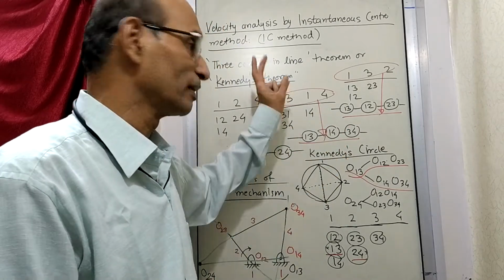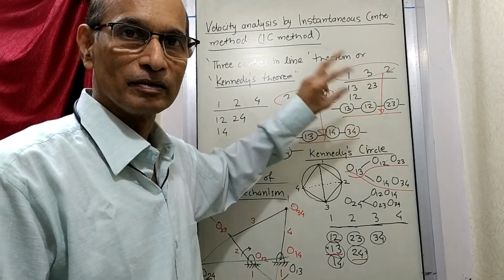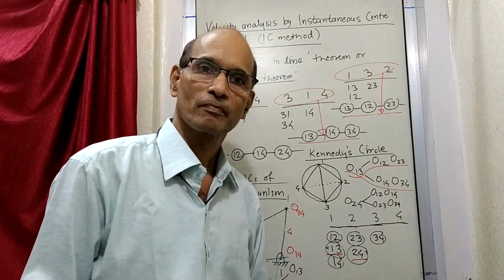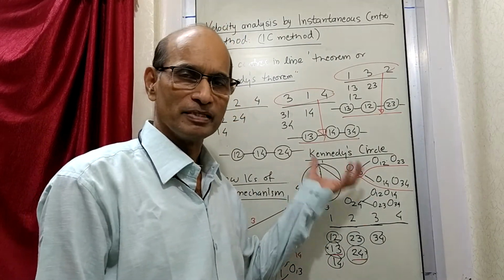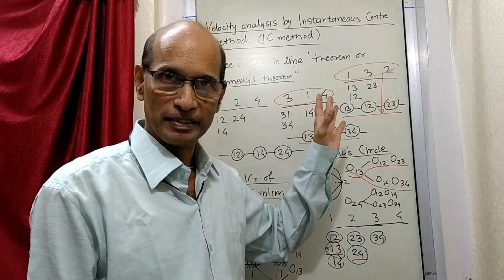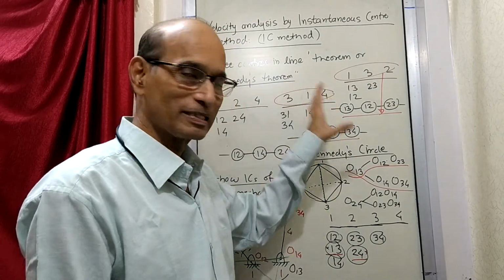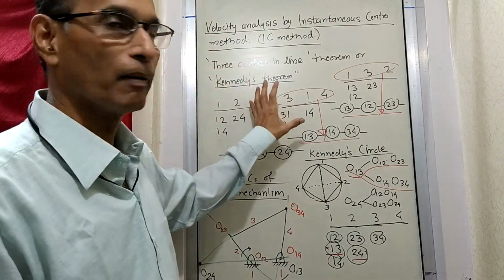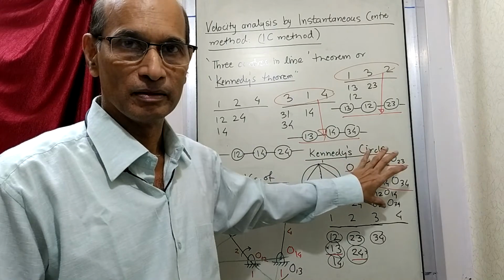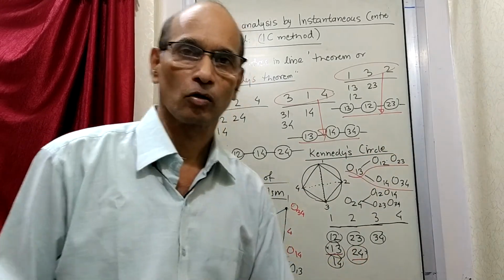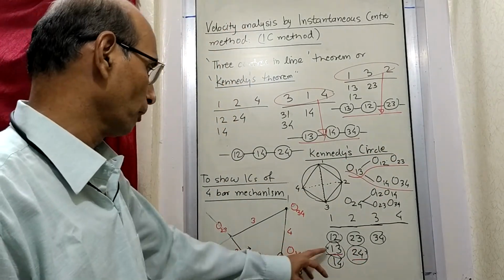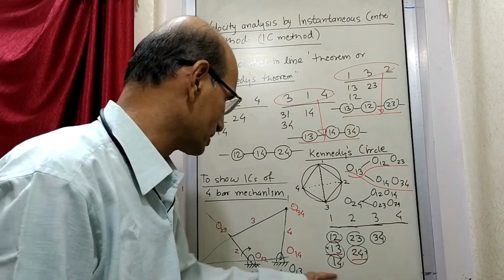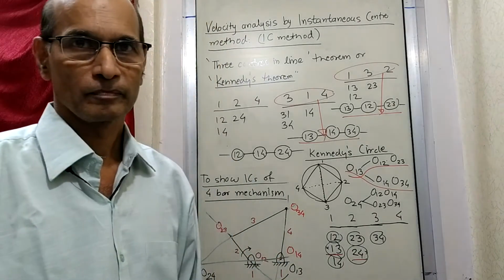So when you say 3 centers are in one line, now these 3 centers in one line is obtained by this. So that is how it is made. It is designed by some scientist, Kennedy. The procedure, the rule, etc. Maybe he must have observed, done a lot of work on that and found out this principle and found out this method of finding out the centers which are not known. So by this you will be able to find out the centers O13 and O24. So now all the possible 6 centers are known.